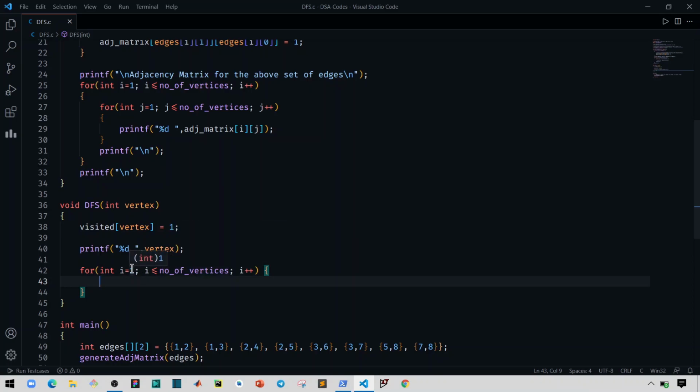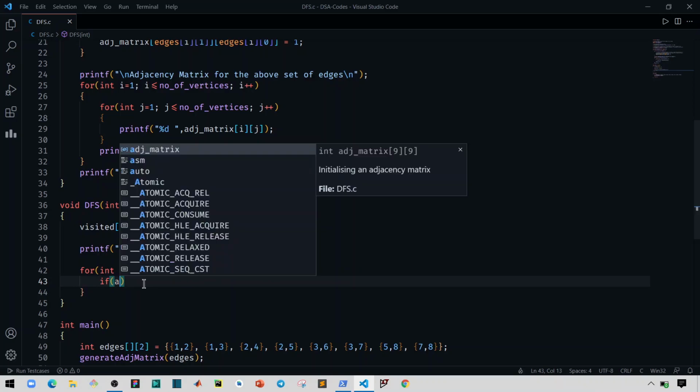It checks all the possibilities. So what is the condition for checking that this particular vertex and this i are adjacent? That the value of adjacency matrix for this vertex and i should be equals to 1.